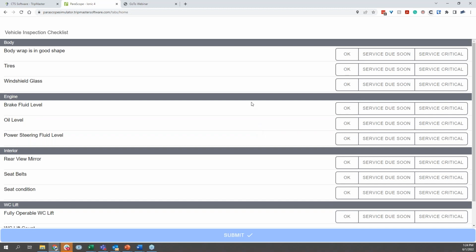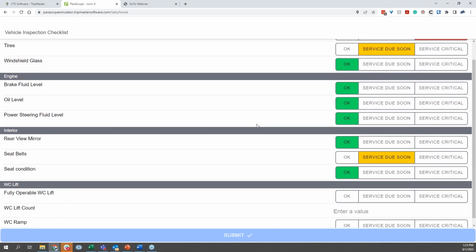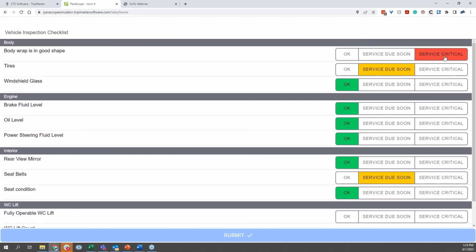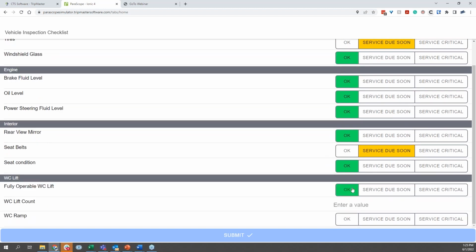So we wanted to make sure, we can tell you about it, but I'm a very visual person. And I think being able to just see how simple it is, Adam has the vehicle inspection checklist up now, and they go through, and this is all the drivers do. And if you see the service critical button, well, that means then the vehicle can't go out on the road. So it's just really simple, but it truly helps keep everyone safe.